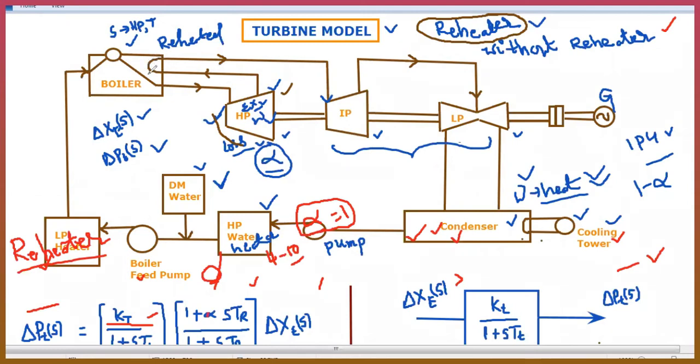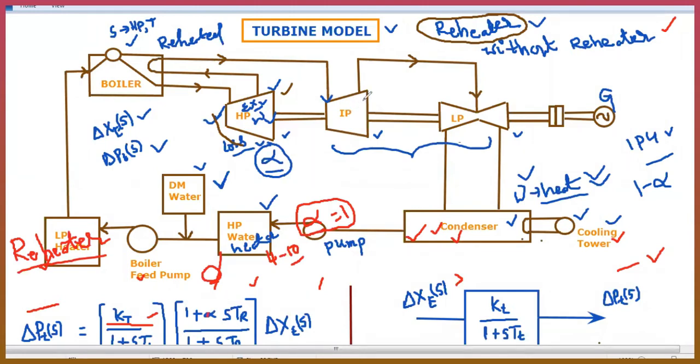again that steam with low pressure and temperature is allowed to pass through the boiler where it is heated, and it will get some pressure and temperature, and it is given as an input to the intermediate pressure stage of the turbine system. Again it will be released into the IP stage, and the expansion process takes place, and the turbine blades will be rotated and the turbine shaft is rotating,